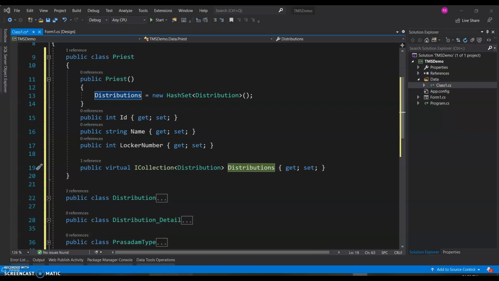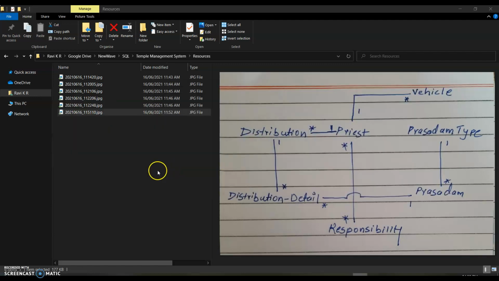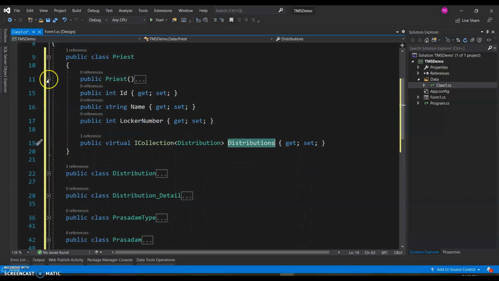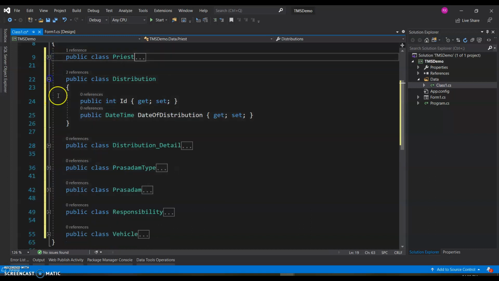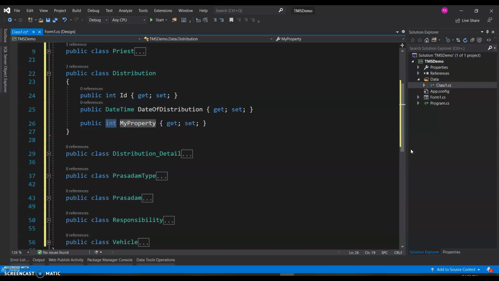So for distributions, if we take a look at the ER diagram we have, now we have to link the distribution to priest. So what we'll do there, we'll get to distribution and I'll say priest, and this will be distribution.